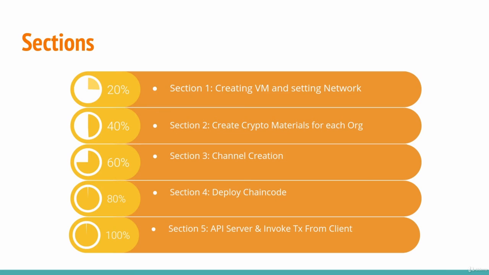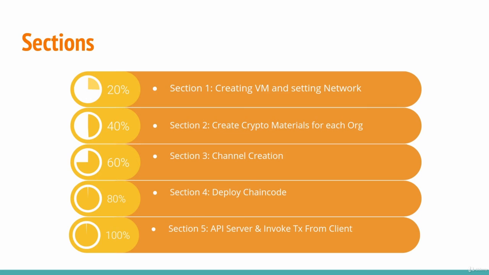One thing I want to explicitly mention here: this is not a theoretical course. We are going to implement each and everything on the virtual machines. We will be executing each and every command required for creating this multi-host Fabric network, and each organization will be responsible for installing, instantiating and approving the chain code. So on each virtual machine we will be doing all these operations.